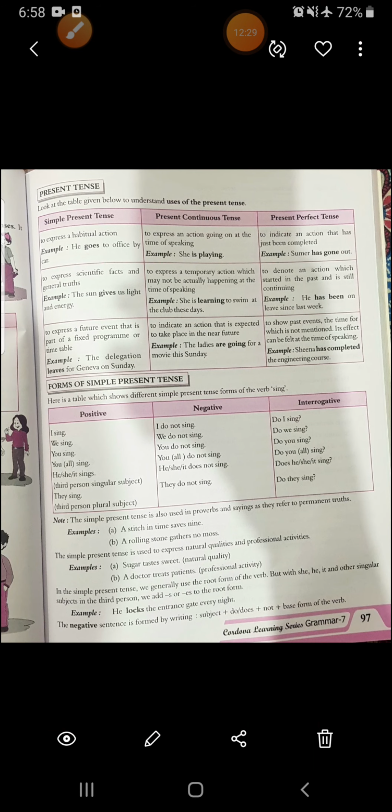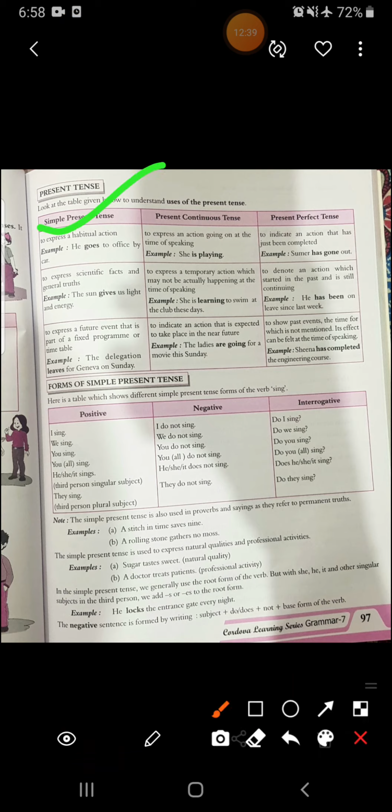Now I'm stopping till here. In the next video, I will finish this chapter. Just read before I come to the next video. Just read this table. Alright, then it will be easy to understand, and I hope till here everything was easy. Actually present tense is the easiest one. Actually all the tenses are easy, but this is the easiest one, and till here there is no confusion.